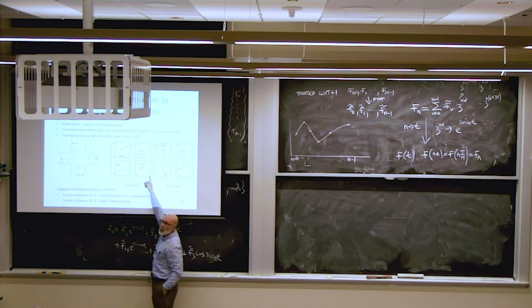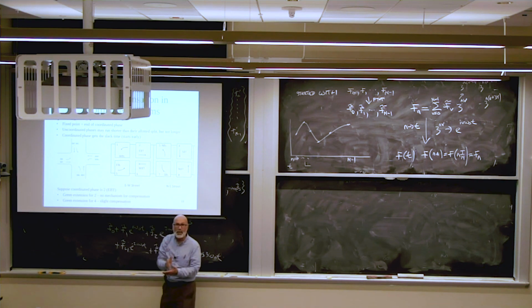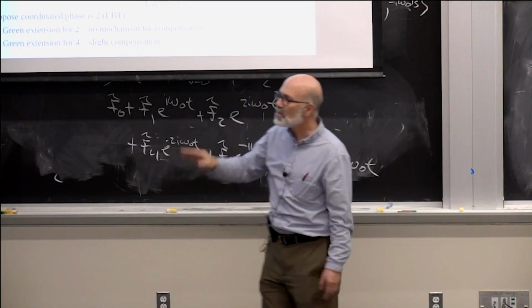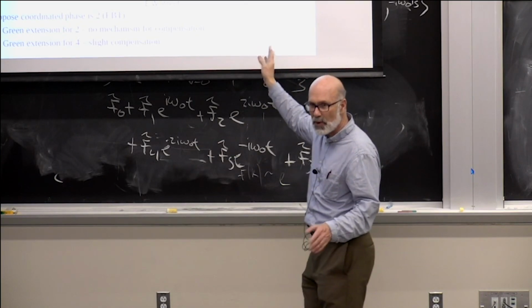But remember, we are guaranteeing that at the end we've got to be on time again. So if now we've only got 85 seconds left to complete the cycle. And phase 2 and 6, they are not only guaranteed their ending time, they're also guaranteed their starting time. So that means we have to take those 15 seconds out of 3, 7, 4, 8, and 1, 5. So let's, to make things simple, only look at the bottom ring.